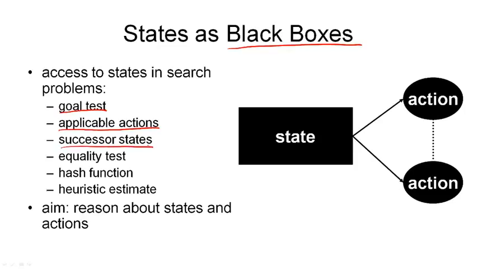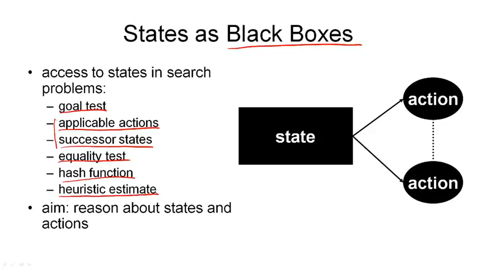Remember, we have defined the successor function to return an empty set if there are no applicable actions. So these two are related to each other and give us information about what can be achieved from this state. More simple functions about states would be an equality test and a hash function. We need those two to turn tree search into graph search. And finally, we've seen how a heuristic estimate gives us some information about a state that we can use to